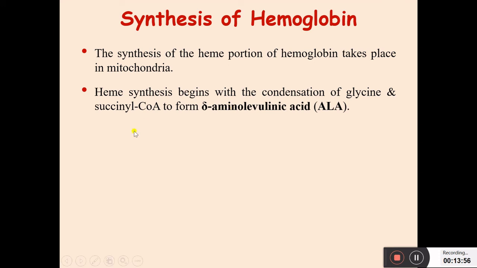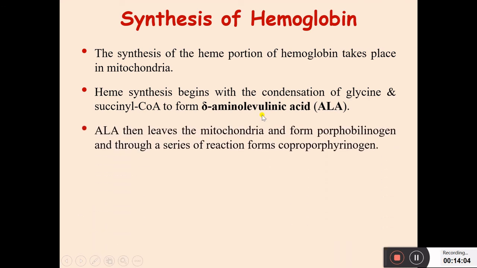Okay, glycine and succinyl coenzyme A condense to form delta amino levulinic acid (ALA). ALA then leaves the mitochondria and forms porphobilinogen, and through a series of following reactions it forms